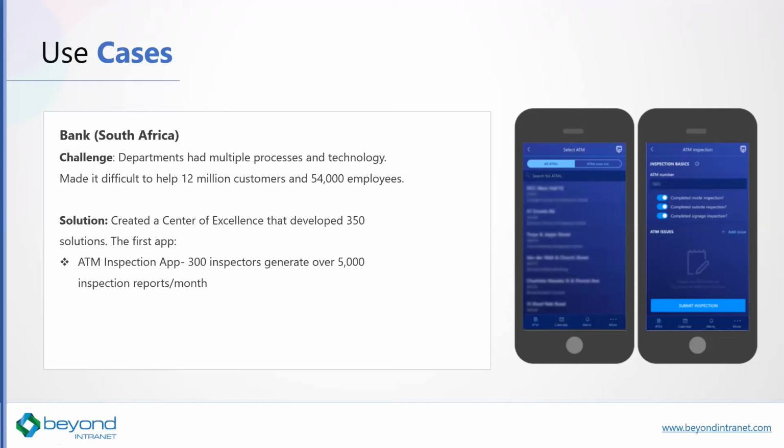Similar to the roofers who would need to take photos of the roof, inspectors needed to give reports on the different ATMs, whether it was okay, whether it needed repairs, whatever they needed to put in those reports, it was good to have photos. And instead of creating a report, putting it in a Word document or Excel spreadsheet and emailing it, they were able to do everything in their phone and generate over 5,000 inspection reports per month. This allowed them to move faster and be more effective with what they were doing. So those are the 5 use cases that we have right now.